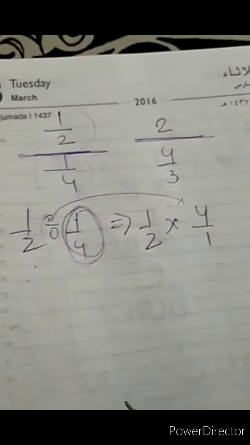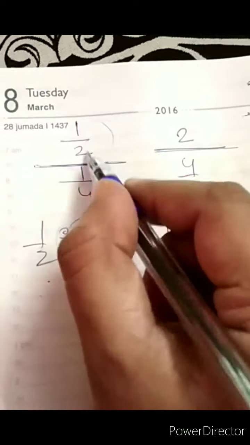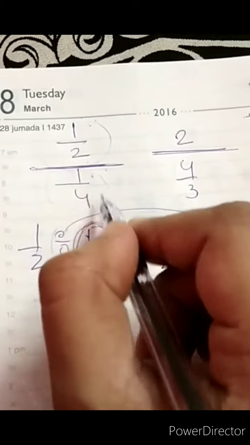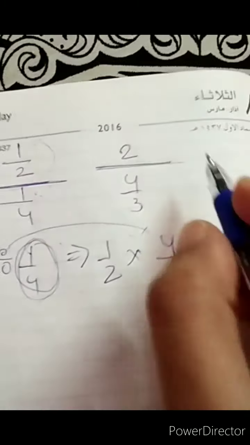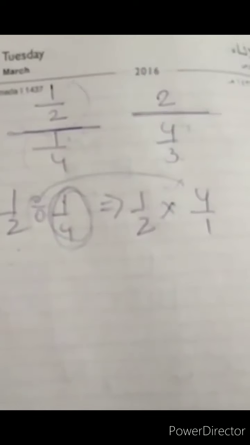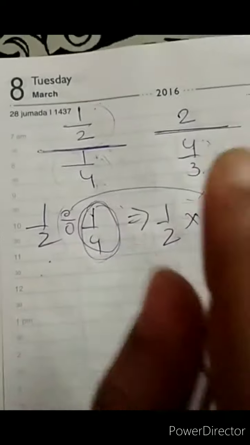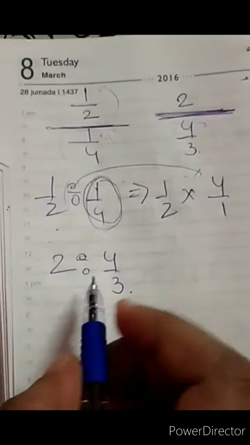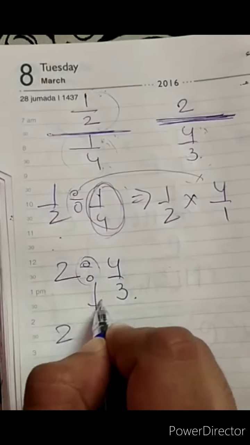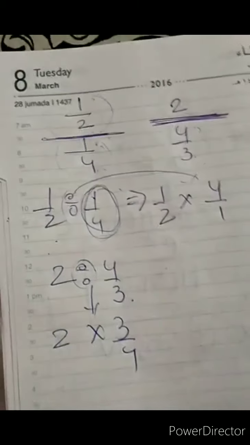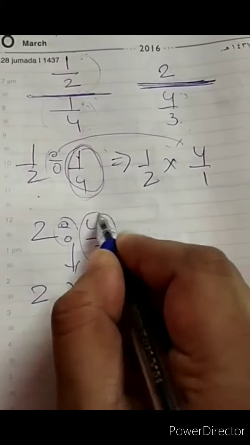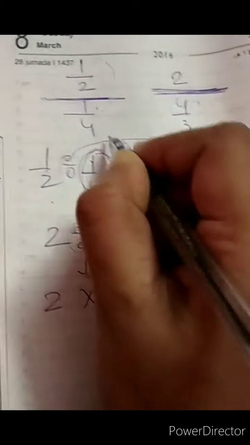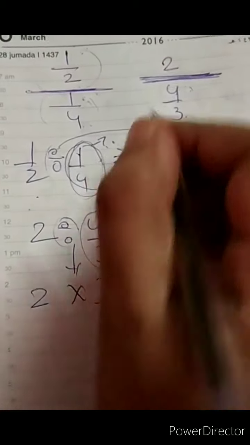Suppose you have 2 divided by 4 upon 3. Now some are thinking, since it is 1 upon 2, you have a perfect fractional numerator and fractional denominator in the form of P by Q. But in this we only have denominator 4 upon 3. So which number goes up? In this the same rule applies. 2, and this is your divide sign. Divided by 4 by 3. Again, what is the maths rule? If you change divide to multiply, then it will give you 3 by 4. This number, reverse this number. The number after divide, reverse it.